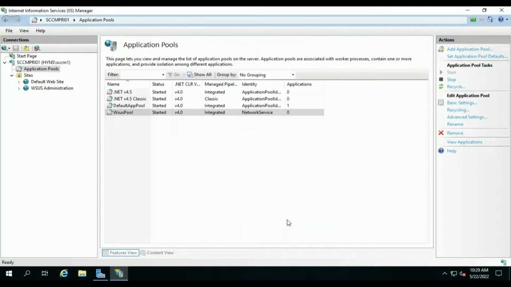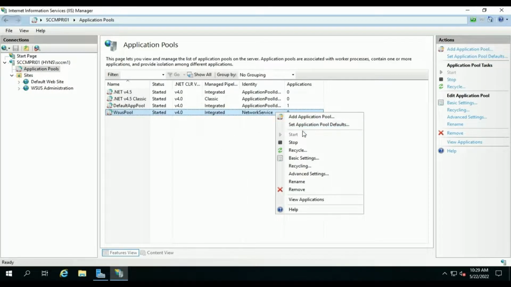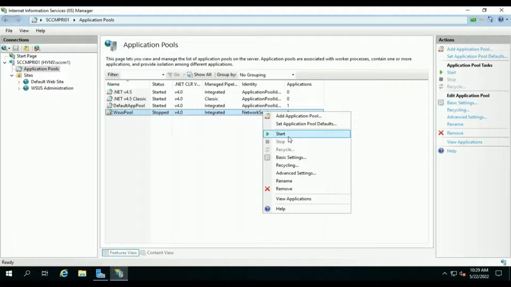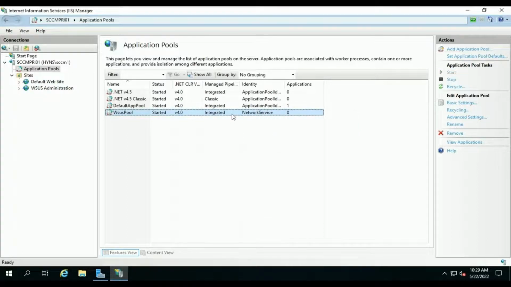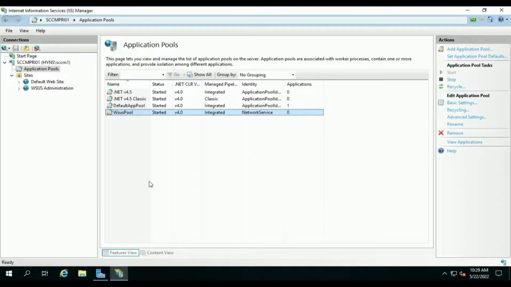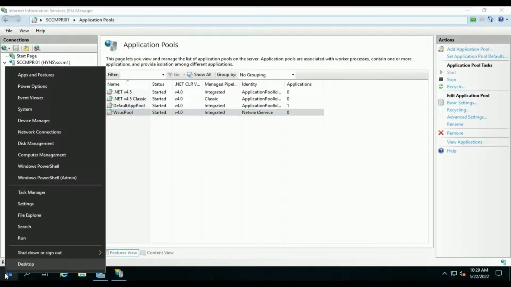Click on OK. Now stop and start the pool. Okay. I will recycle the pool once, so it releases the cache data.